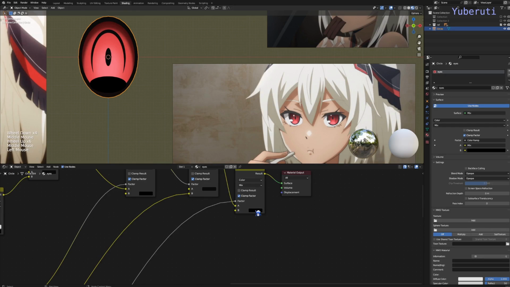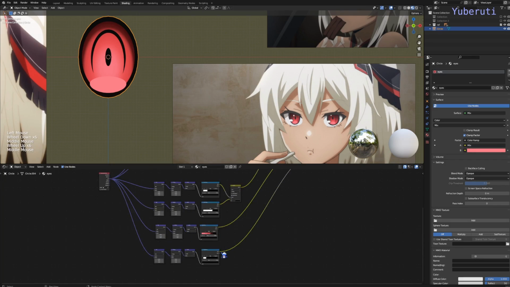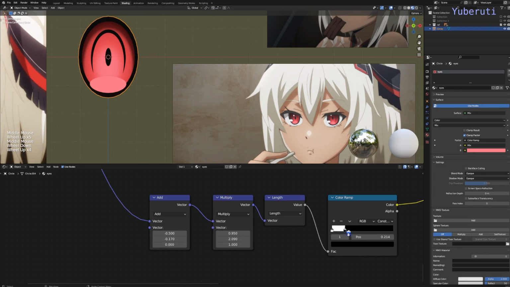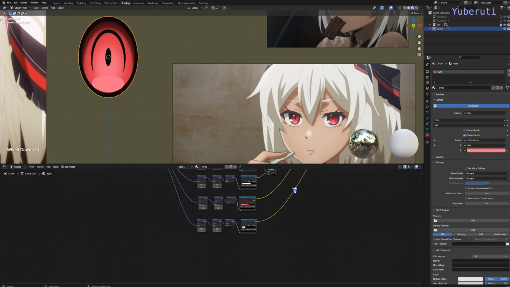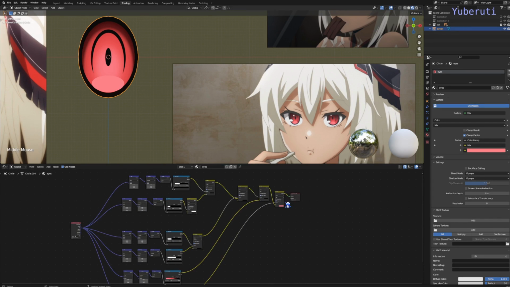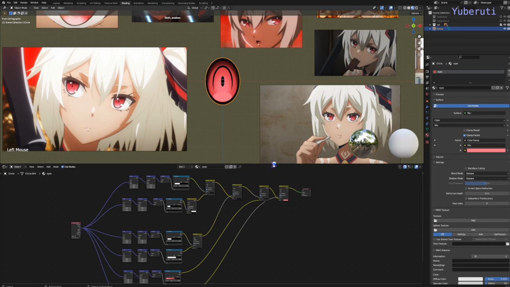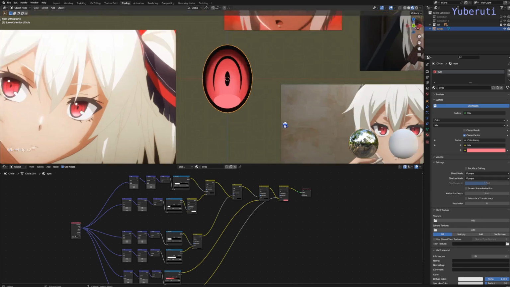And we can change the color of this here. Let's just choose this. Okay, so let's match it with the outline. Up. Yep, like this. Okay, all right, so this is the basic eye setup